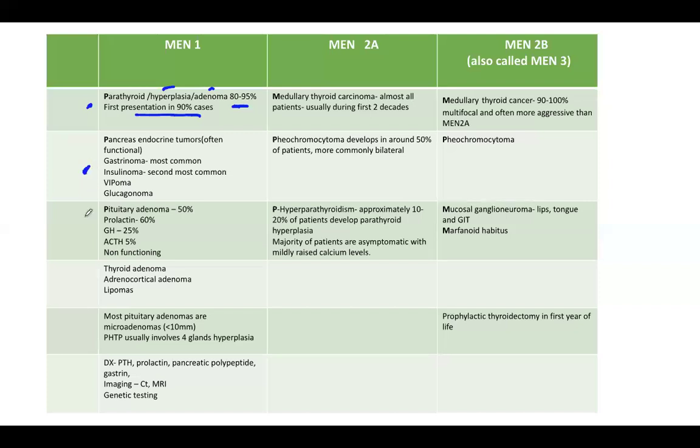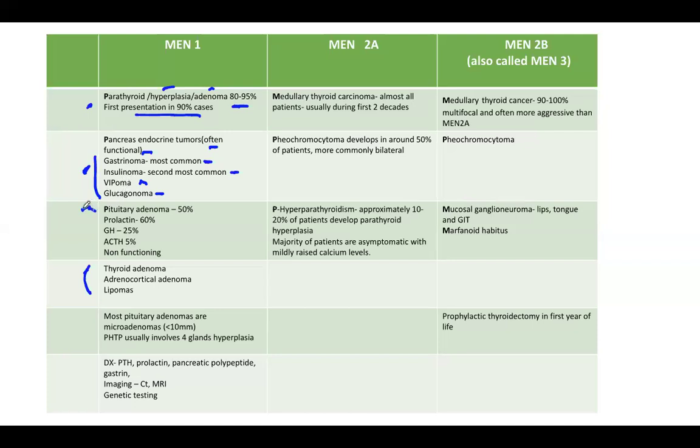pancreatic endocrine tumors and pituitary adenomas and some other conditions, but these are less important. We just concentrate on these three. So pancreatic endocrine tumors are often functional. They secrete hormones: gastrinoma, which causes Zollinger-Ellison syndrome; insulinoma, which causes hypoglycemia, the second most common; and VIPoma, which causes VIP secretion and leads to diarrhea; and glucagonoma, with diabetes and skin lesion. So these are the functional tumors of the